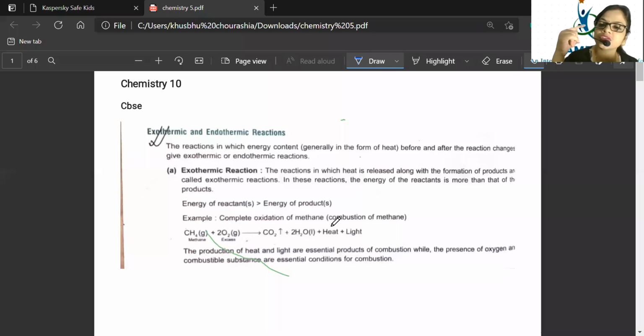What is air doing? It is like carbon burning in the presence of air. Carbon burns in the presence of air. So from air, which gas do you take for combustion? Definitely oxygen supports combustion. So methane will react with the oxygen present in air and get converted into carbon dioxide gas, water, and heat and light will be released.